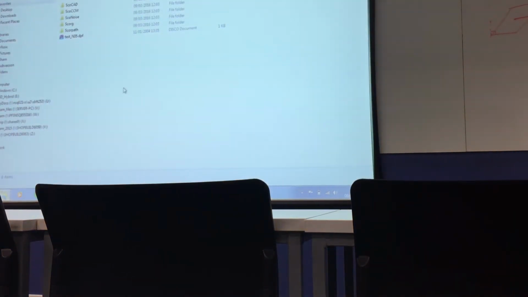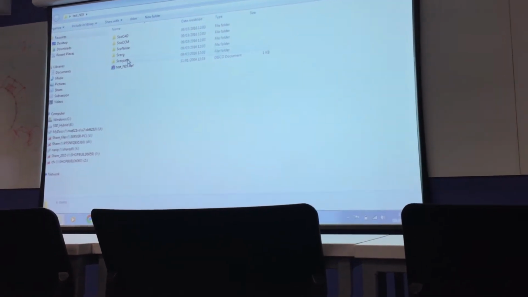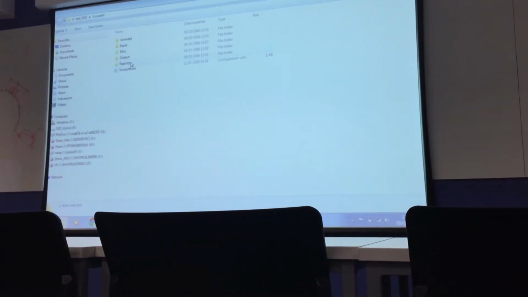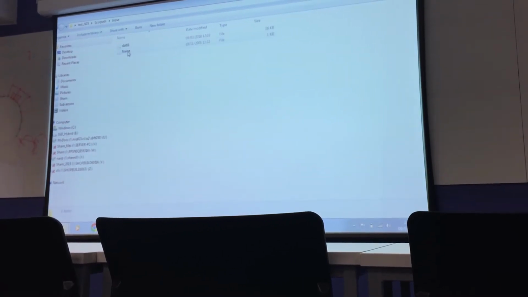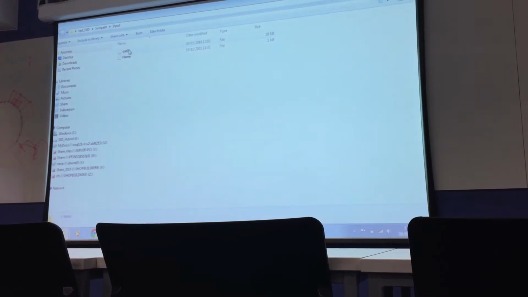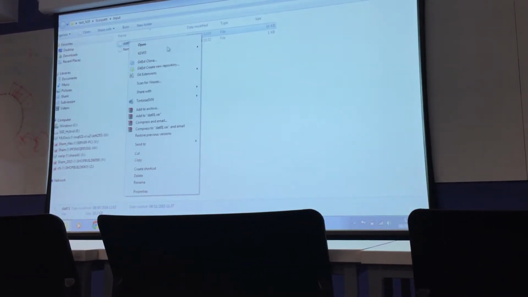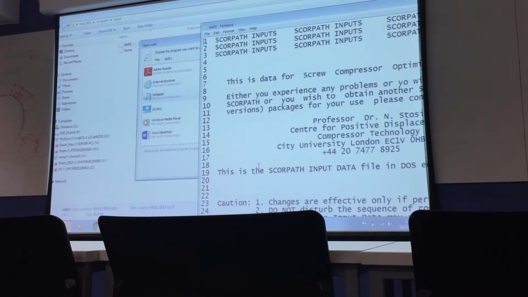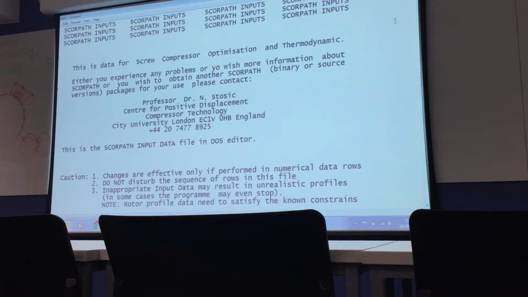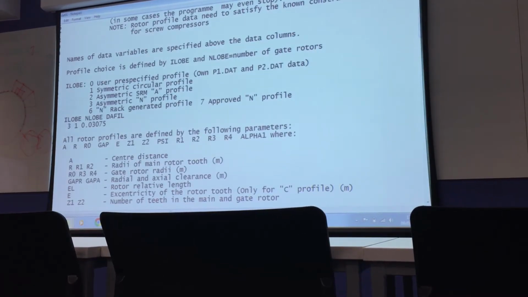And inside that folder, there will be several subfolders, in which Squawpath is the main part for you, which has input, output, and reports. Okay. In input, there will be by default just DAT01, and if I edit this in a text editor, you can basically see all the available information of variables.